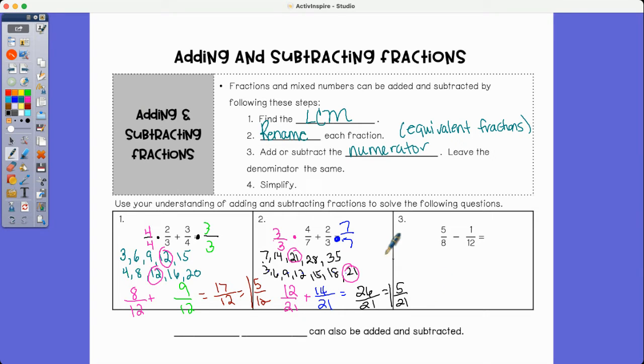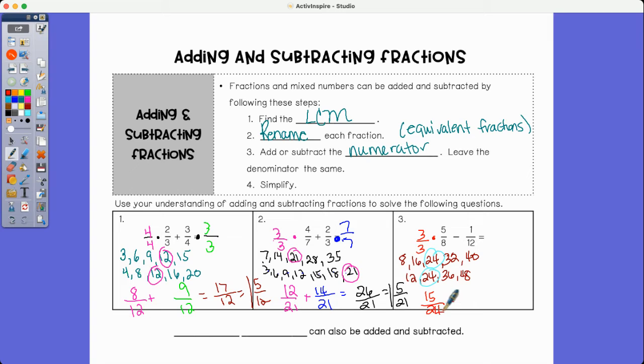Okay, last one. Let's skip count these. I have 8, 16, 24, 32, and 40. And then I'm going to do 12, 24, 36, 48. And you can see immediately they both share a 24. So we need to ask ourselves, what do I have to multiply 8 by to get to 24? And the answer is 1, 2, 3. 3 times 5 is 15 over